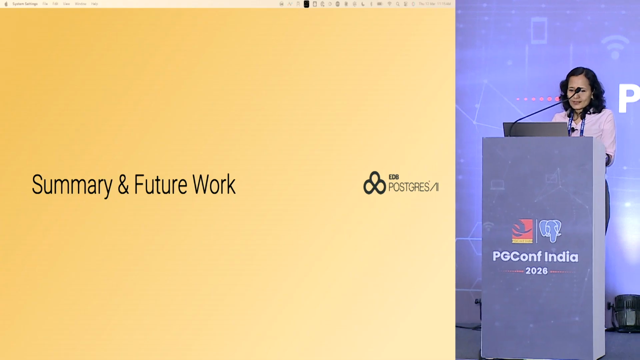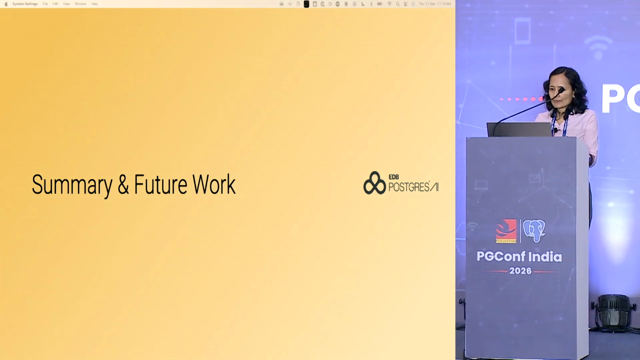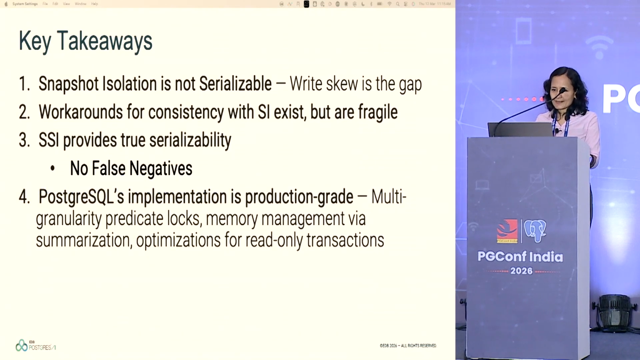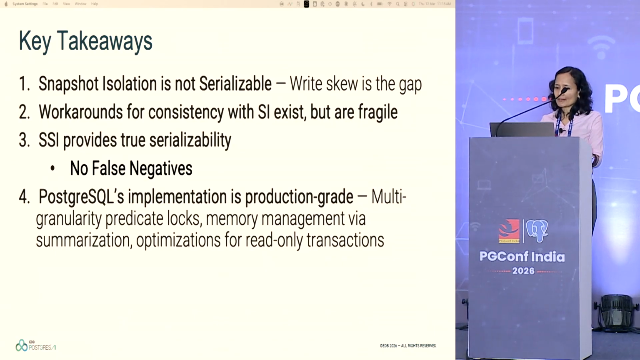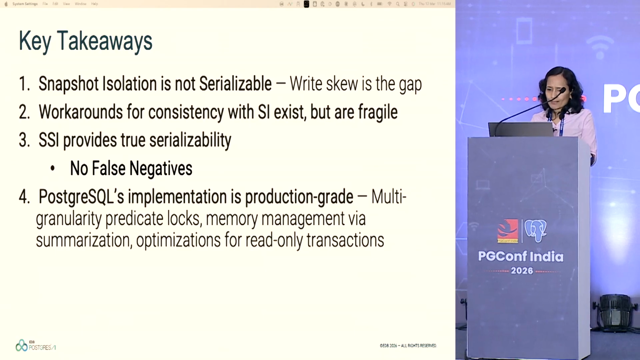So, summarizing our entire discussion so far. Snapshot isolation is not serializable, like we saw. Workarounds for consistency do exist but are fragile, and if we want to have ad hoc queries which potentially could have cycles, then the use of serializability is important. SSI provides true serializability. There could be false positives, but there are no false negatives. The Postgres implementation is production grade, and